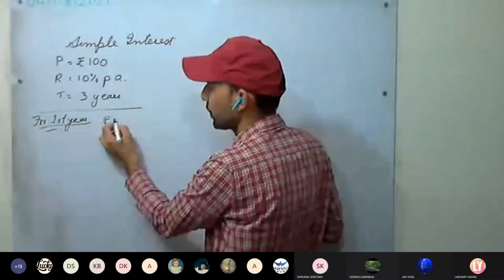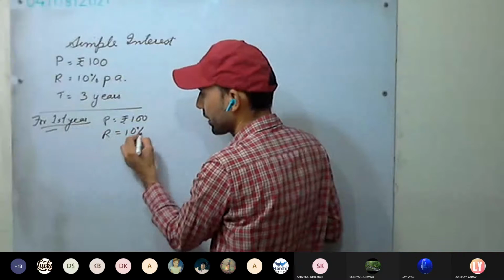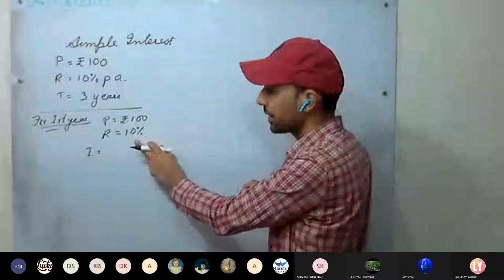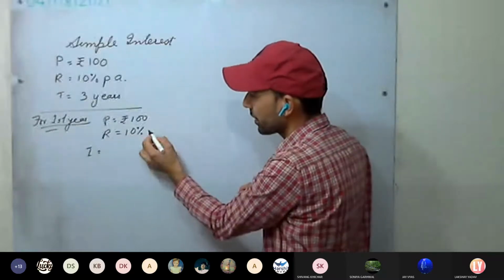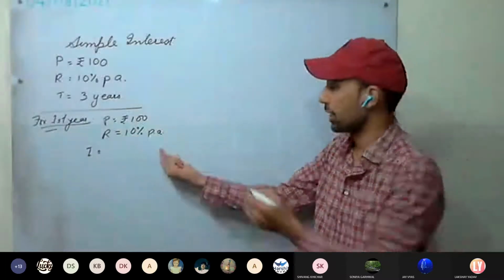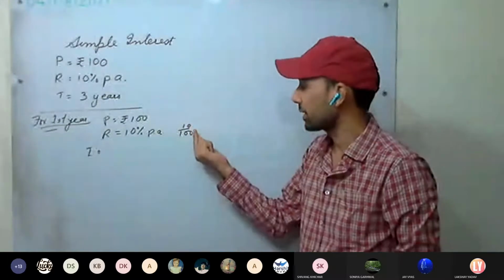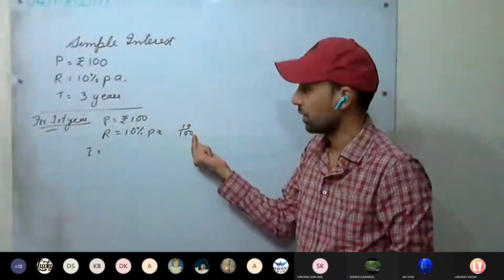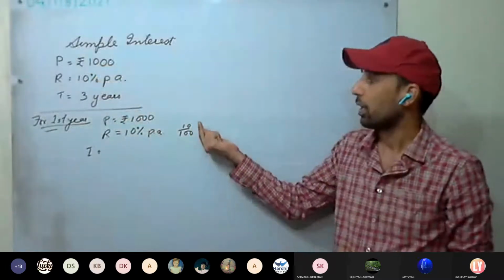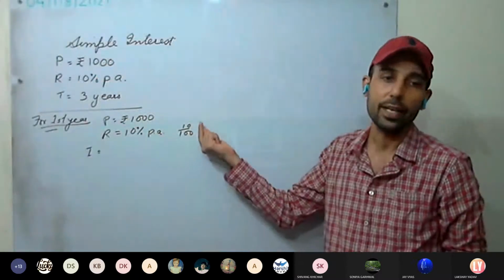what is the principal? Rupees 100. Rate 10%. So what is the interest? 10% of rupees 100 is the interest. Rate means 10 rupees is charged as interest on 100. 10 upon 100 means rupees 10 is charged as interest on every 100 rupees. We take it as 1000, that will be easier. Rupees 10 is charged on every 100 as interest.